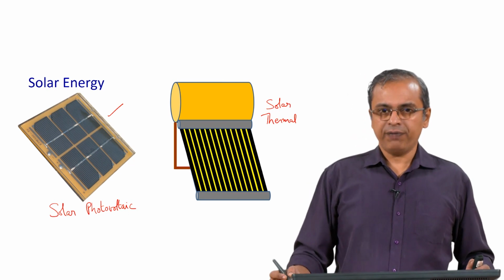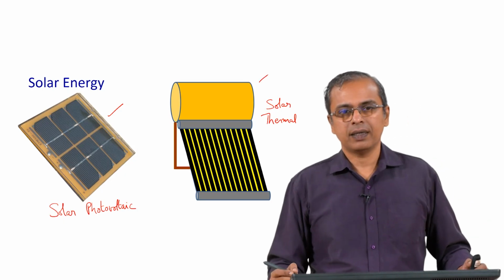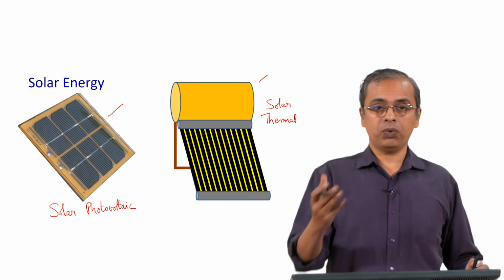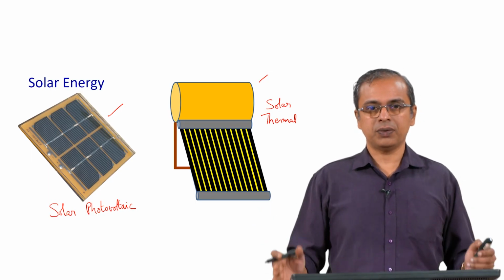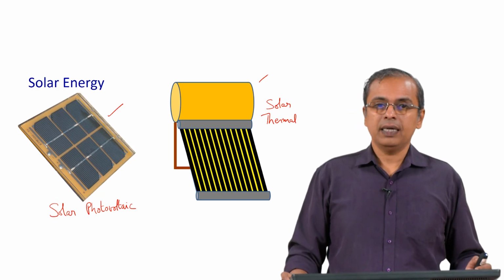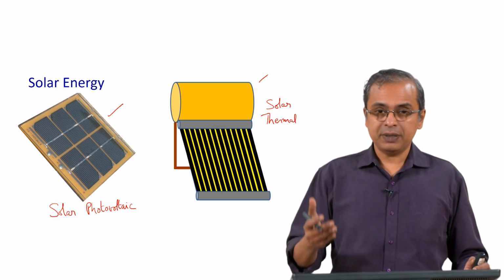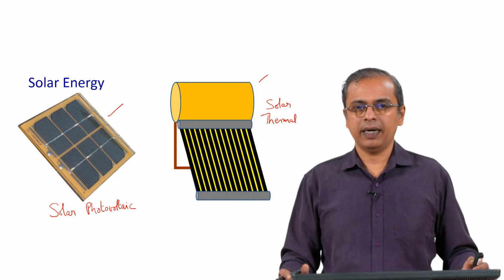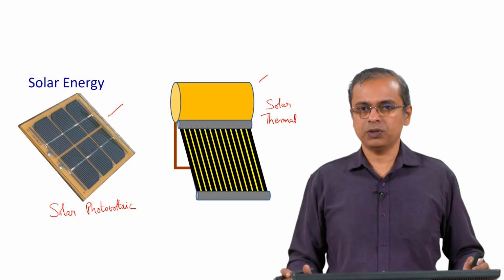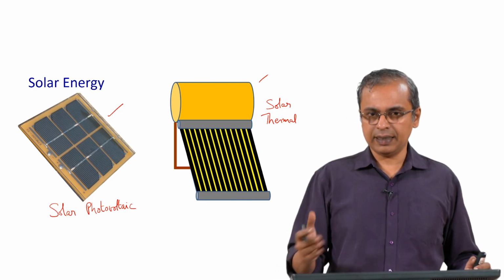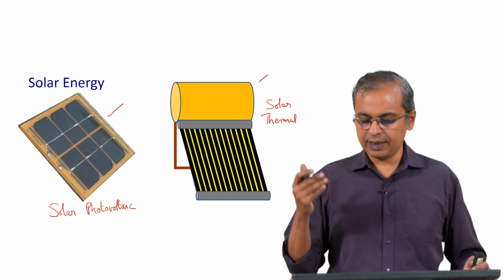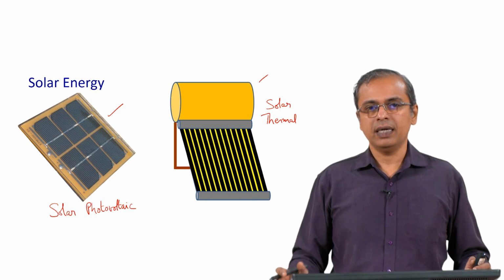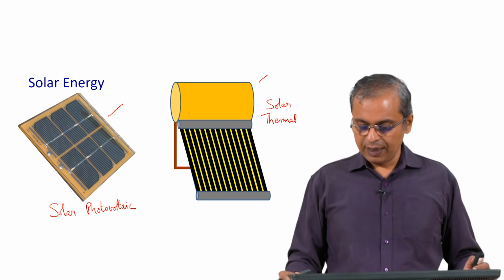You will find that these solar thermal units are now available in many households. You install it on the rooftop, maybe in your own house, or in your hostels or dorms. In some cities it is compulsory. I think in Bangalore in India it is legislated that it is necessary, if I am not mistaken, and so almost all the buildings have this solar thermal unit which takes care of hot water requirements for that building.